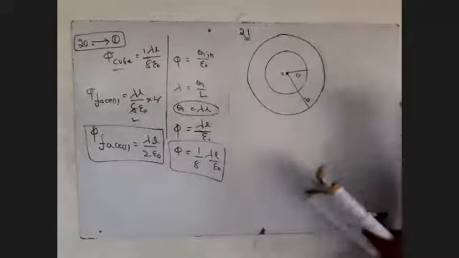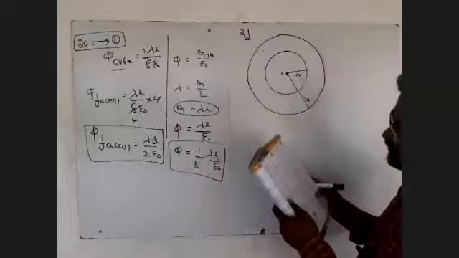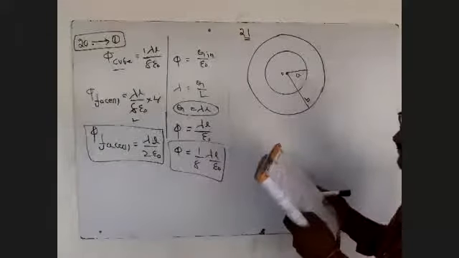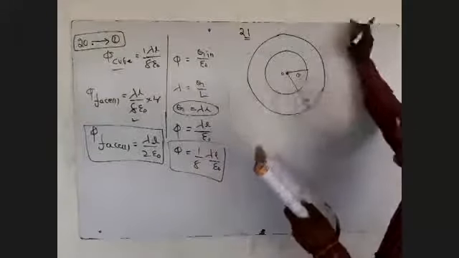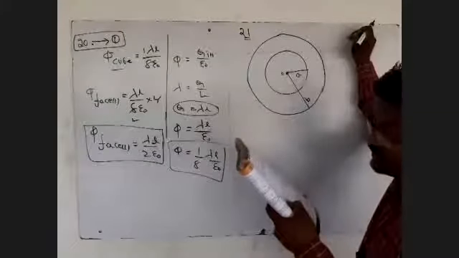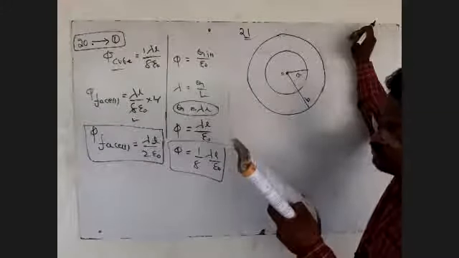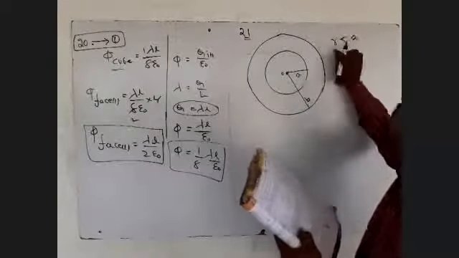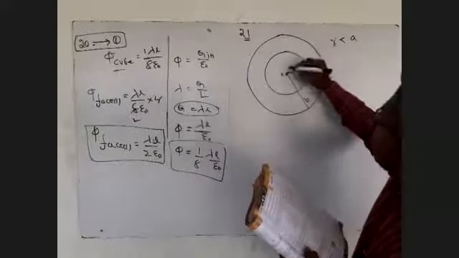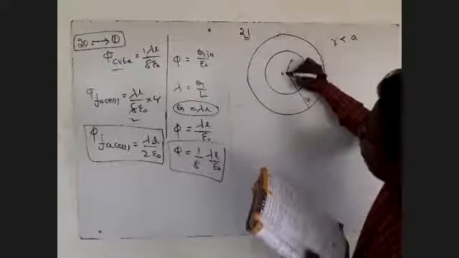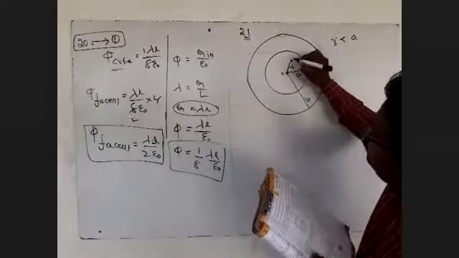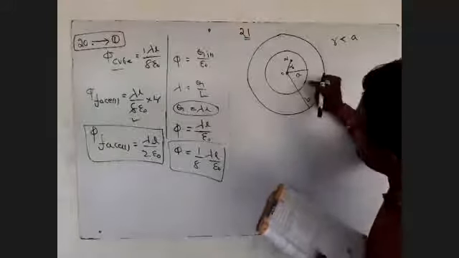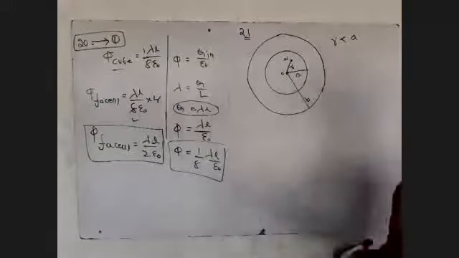Center of the spherical shell. A point charge Q is at a distance R from the center of an uncharged spherical conducting layer whose inner and outer radii are A and B. The potential at the O point, where R is less than A. So R less than A means this is A, and from here to here the distance is R. At this place we are placing the Q charge. This is the inner shell, and the outer shell is uncharged.